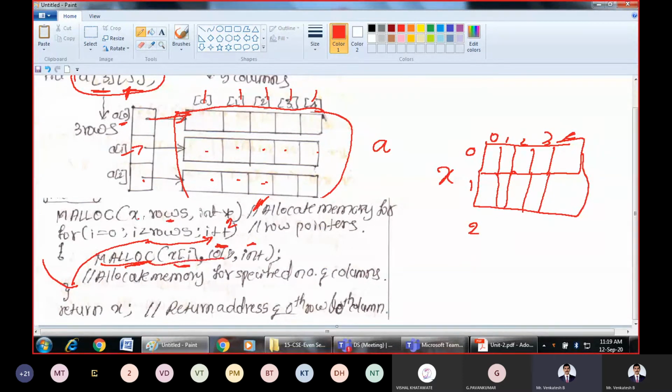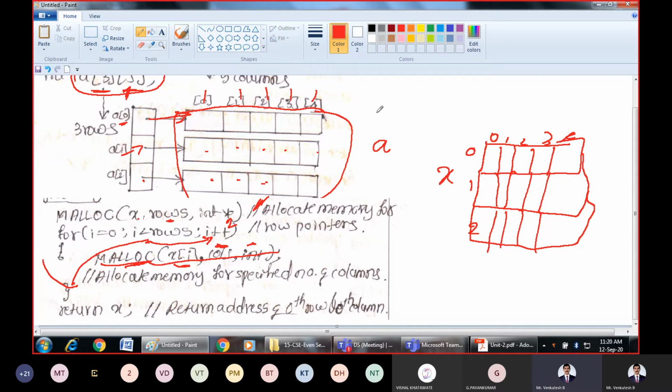Then allocate memory for the third row: 1, 2, 3, 4, and 5. Fifth block. So these many blocks have been allocated. This is how the macro can be used here.